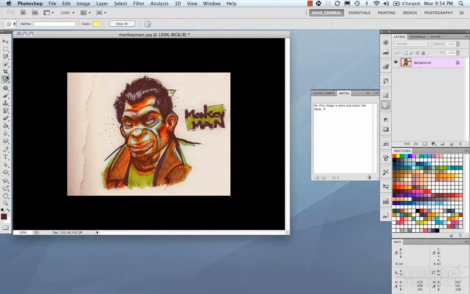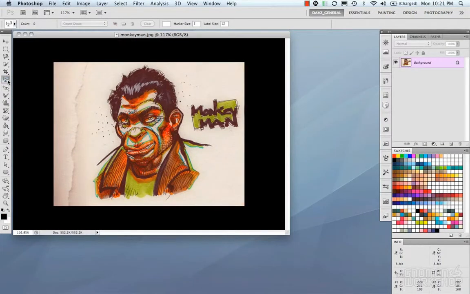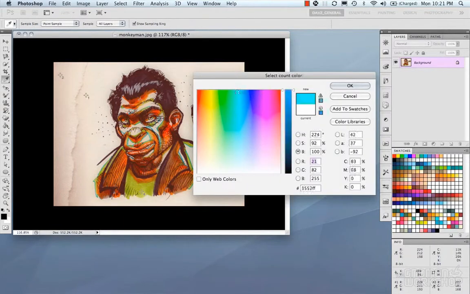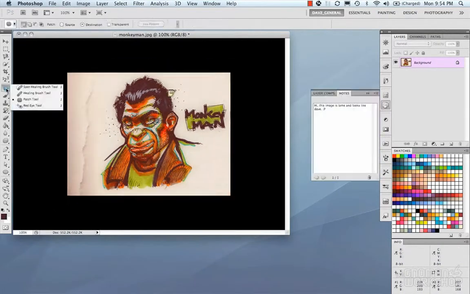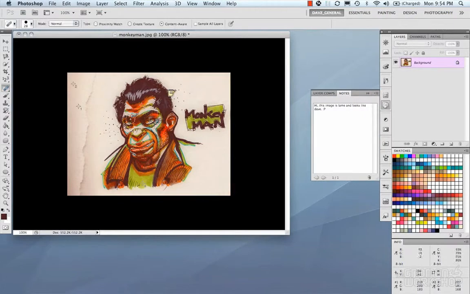Anyway, moving on, we have your count tool, which allows you to count objects or elements that are in your image. And you could just click and be like, hey, this is 1, his ear is 2, his eye is 3, his nose is 4, etc. You could change the color and go from there. You have your spot healing brush tool,